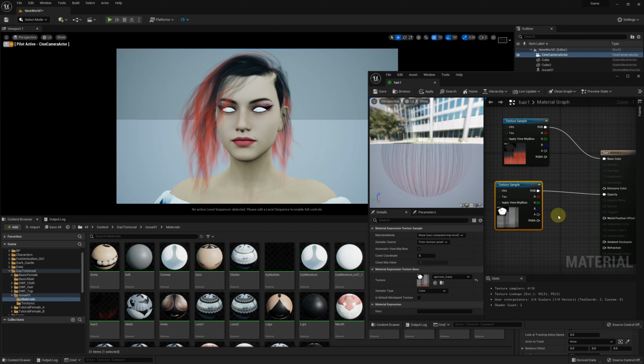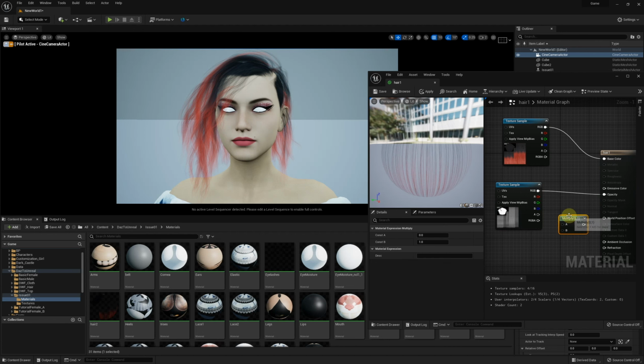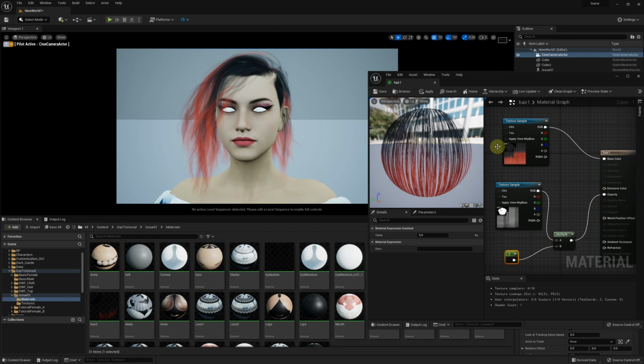So, an easy way is to multiply a value to make it more opaque. Hold the M key and double-click to add a multiply node. Hold the number 1 key and double-click to add a value node. Change the value to 5. Connect them. See the material preview has changed.